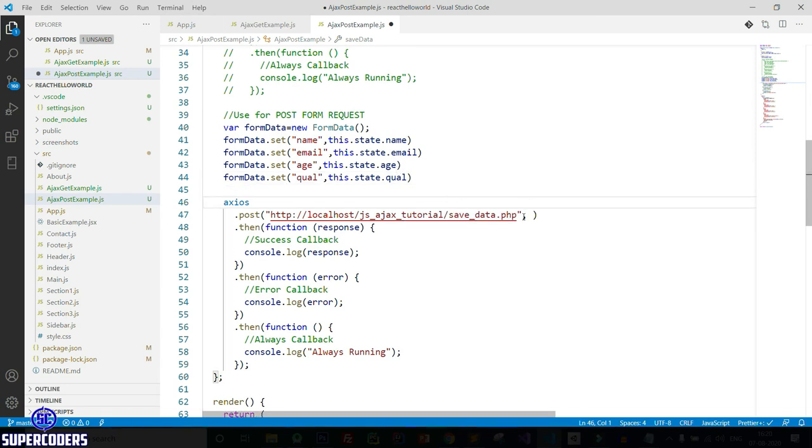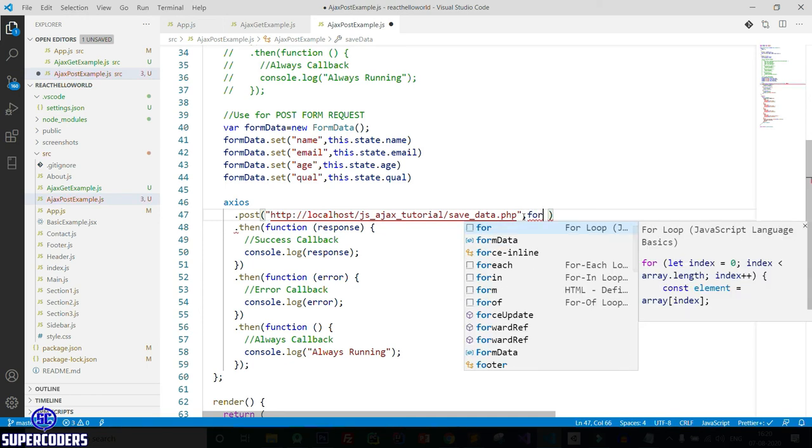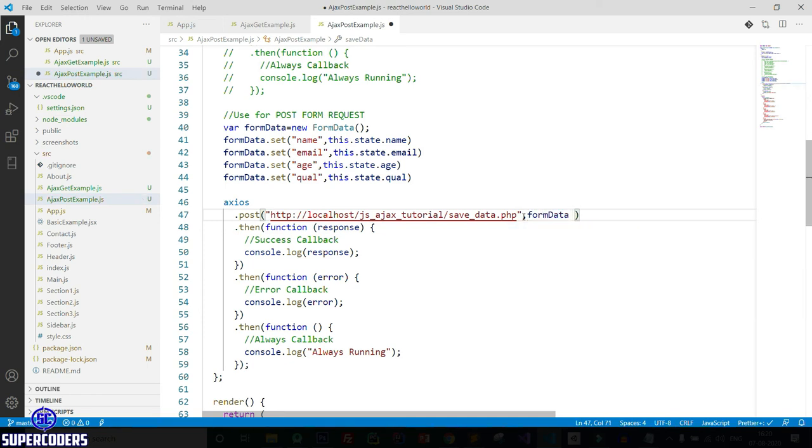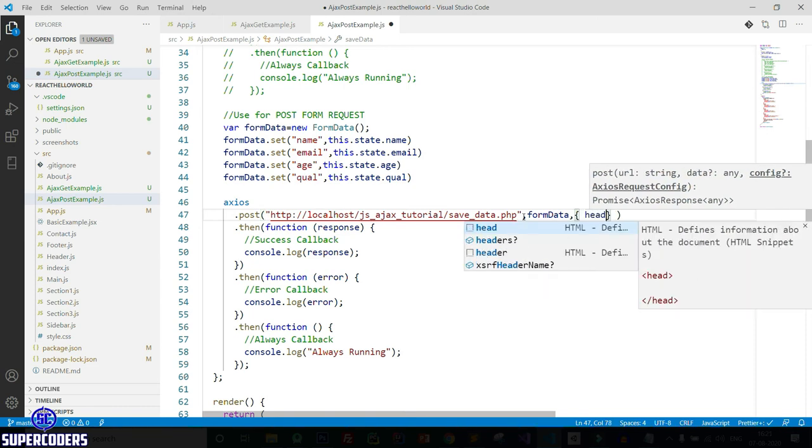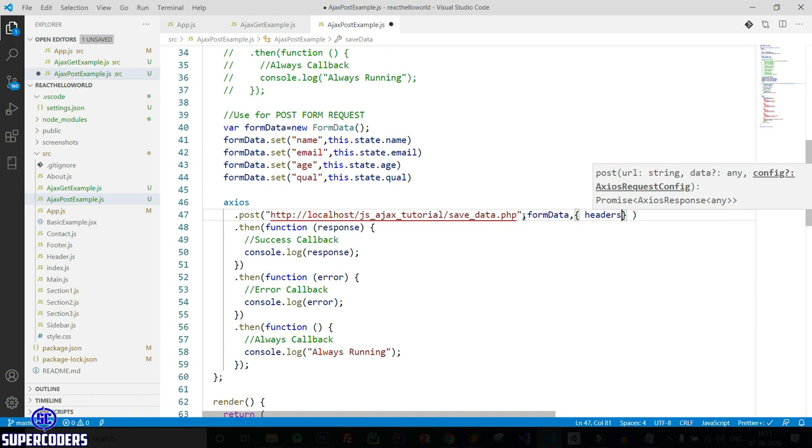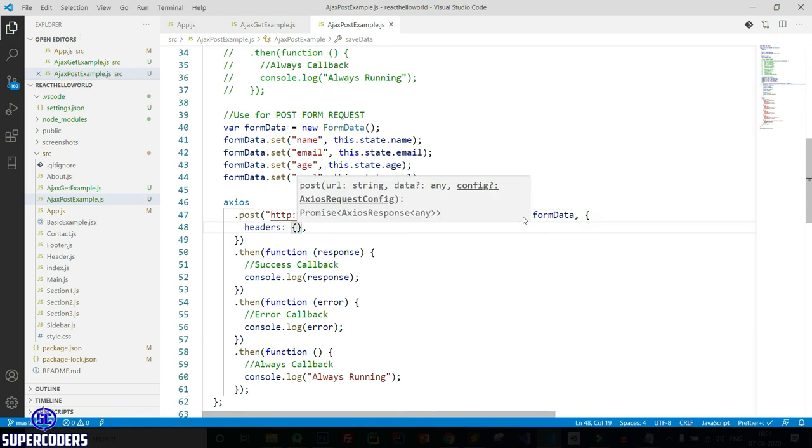Then here pass the data, formData, then add a header. So again headers, adding a headers here. So save it first. Now it gets formatted.